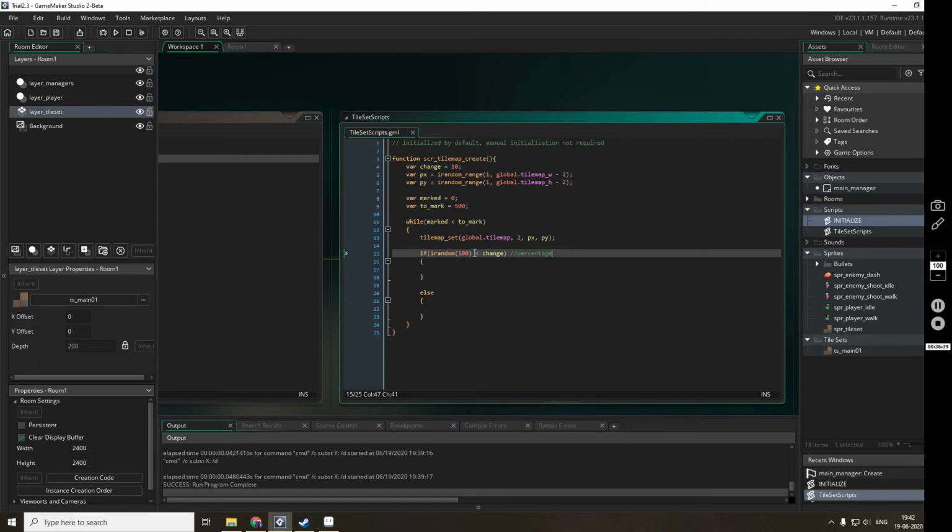So this will become true only in 10% of the chances, that is change percent of the chances. So we'll first check this. If this is true, then we will be changing.